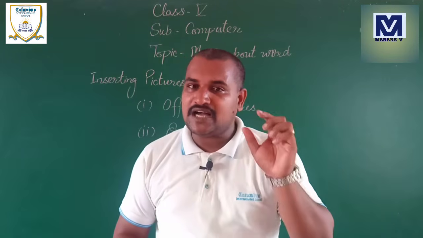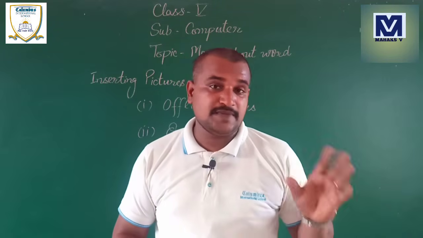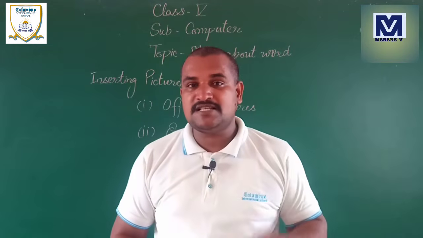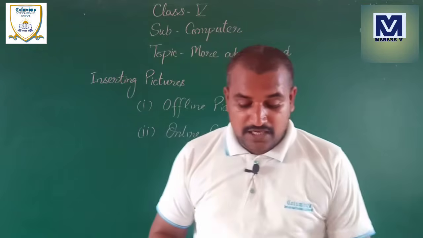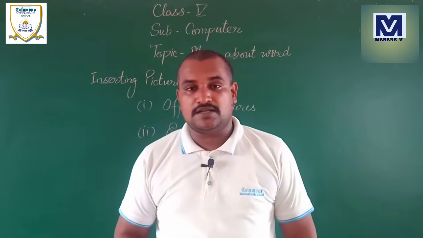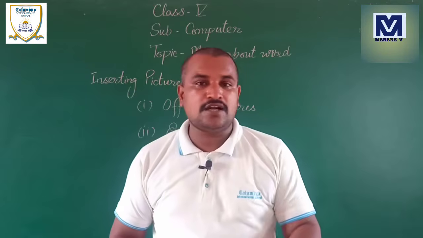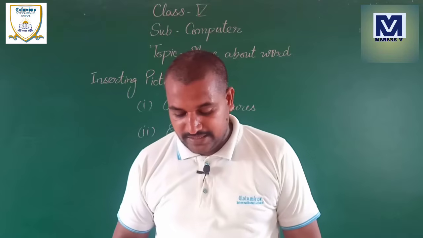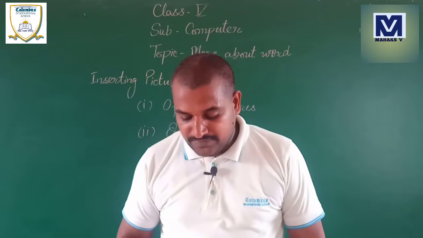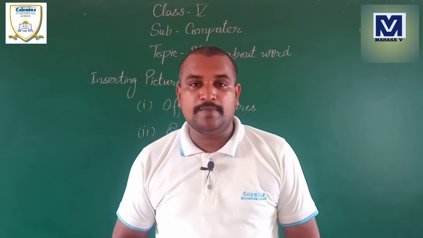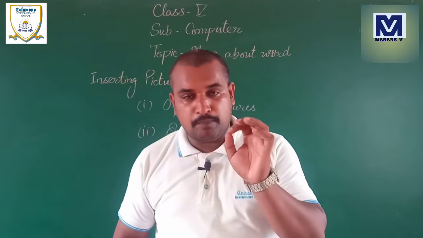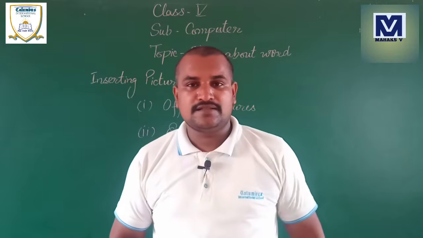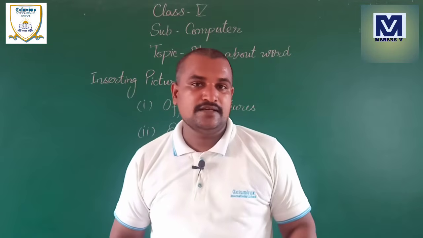जिस पिक्चर या डॉक्यूमेंट को हमें जिस पिक्चर को डॉक्यूमेंट में इंसर्ट करना है, हम उस पिक्चर को सिलेक्ट करते हैं. सिलेक्ट मीन्स माउस से क्लिक करते हैं. थर्ड वन, क्लिक द इंसर्ट बटन. अब सेलेक्ट करने के बाद हमें इंसर्ट बटन को क्लिक करना है. The selected picture will be inserted at the position of the cursor in the document. Where your cursor is blinking, that picture will be inserted at that same place.